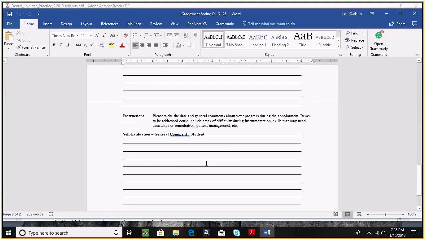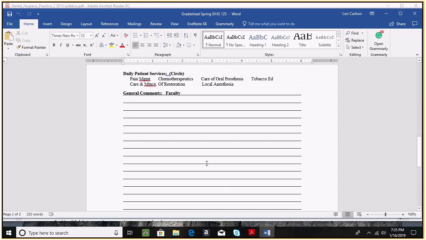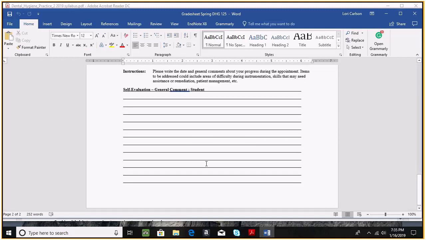All right. And then there are rooms for comments. So each time you have the patient come in, you will date and you will make a self-evaluation. So you will make comments as to how you felt about that clinic session. Make sure that you're looking at your skills and